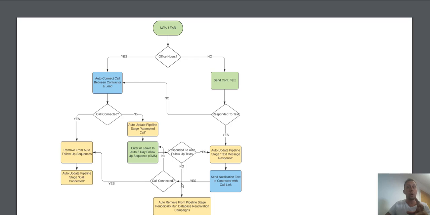If we do not connect, we know that they've responded. If they don't connect, we leave them in the follow-up sequence, and then we carry on nurturing them. At some point we're going to get a positive response out of them in most cases, and then what happens? So if these leads don't respond, so if you can't connect via a call